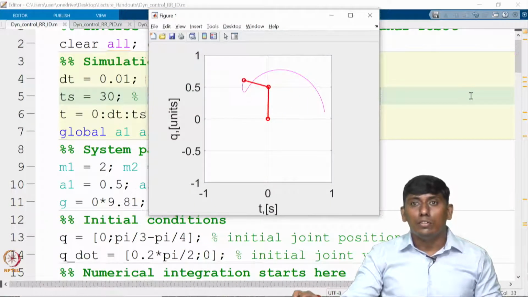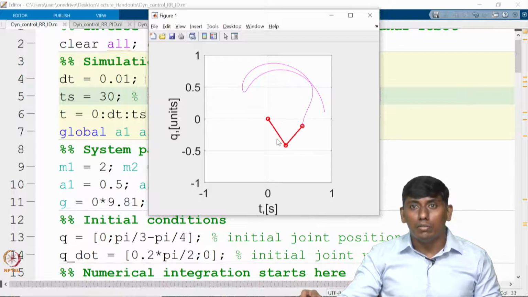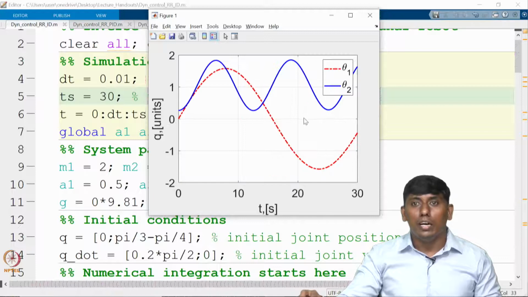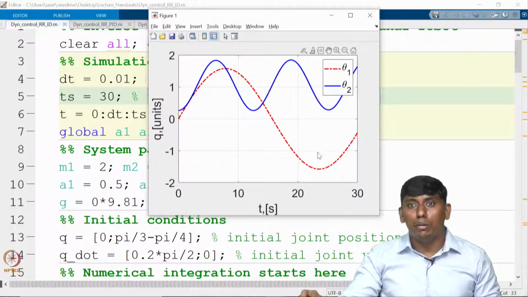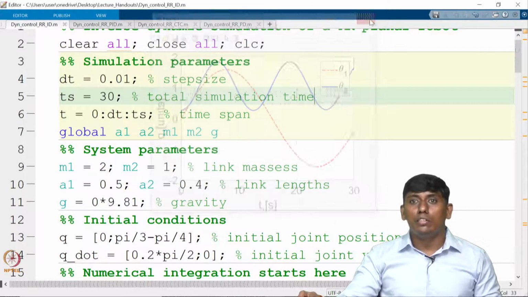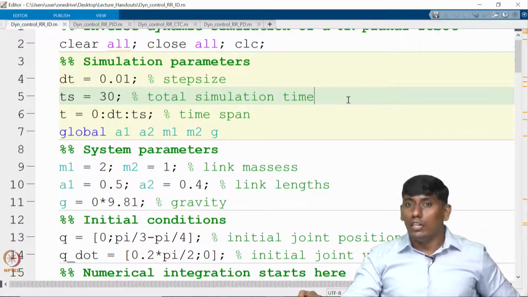You can see theta 1 rotating between plus pi by 2 and minus pi by 2. The other one has a mean of pi by 3, with plus or minus pi by 4 on top. So now this is the inverse dynamics.